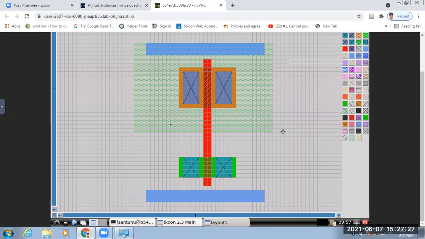Okay, so now you will connect this metal to this metal. Source to VDD. This is VDD, source to VDD. So we will create a metal. So put a metal one.